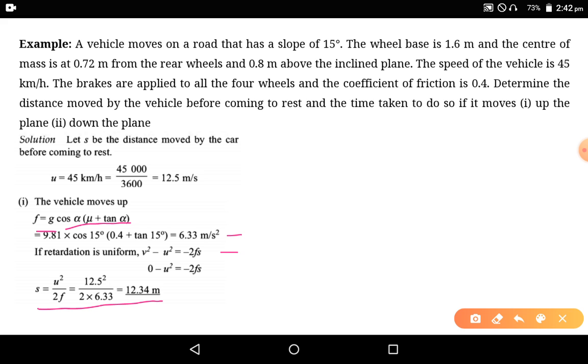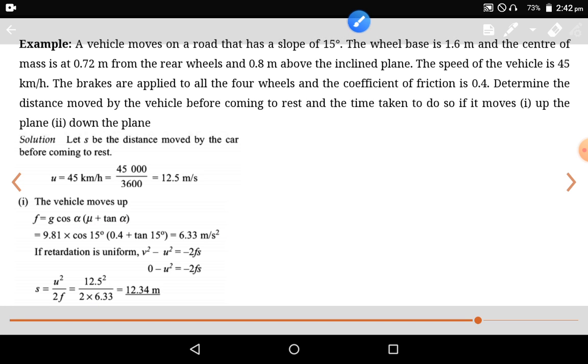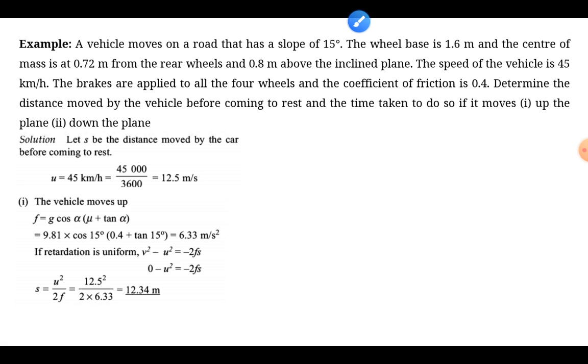So when the vehicle is moving downhill, obviously it will take more time as the weight of the vehicle is also in the direction of motion, right? So it will obviously take more time to stop. So it takes 10 seconds in this case. Fine, next we will see the types of dynamometers, and we will solve some numerical problems too, right?